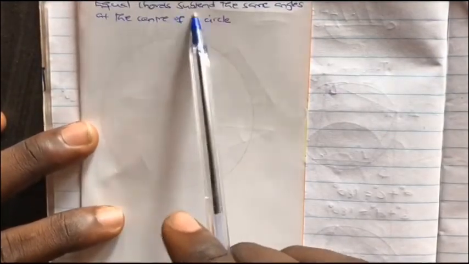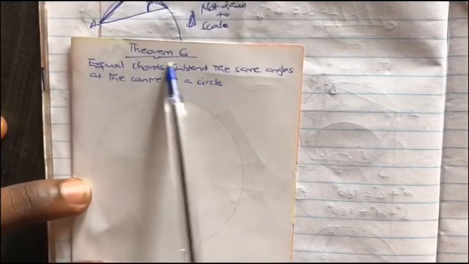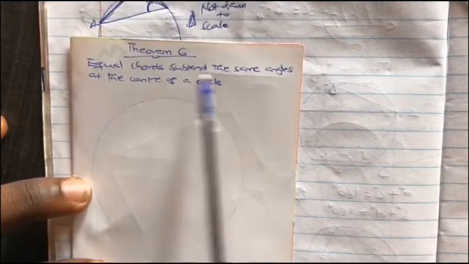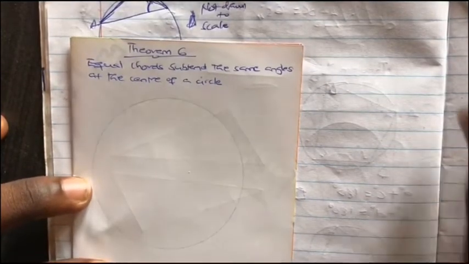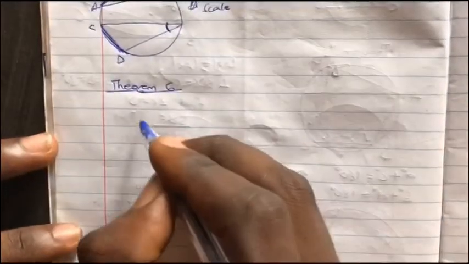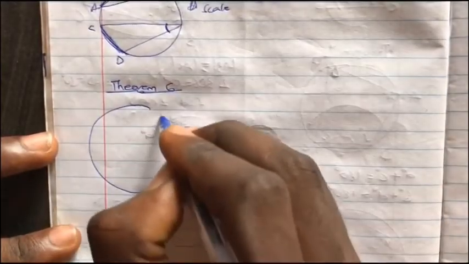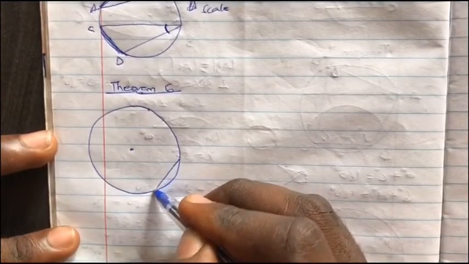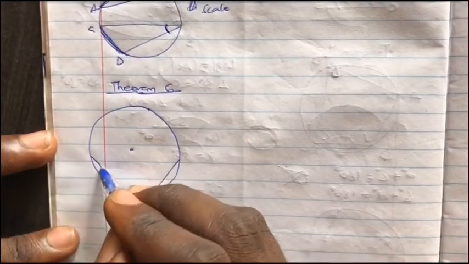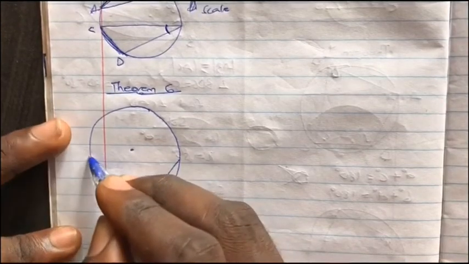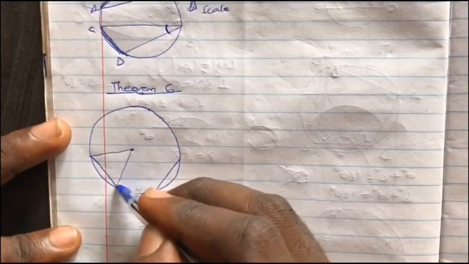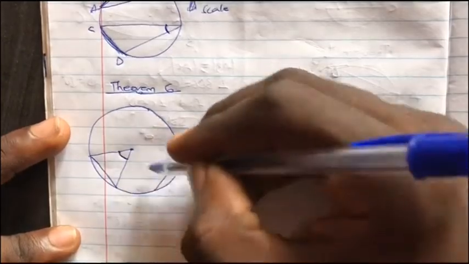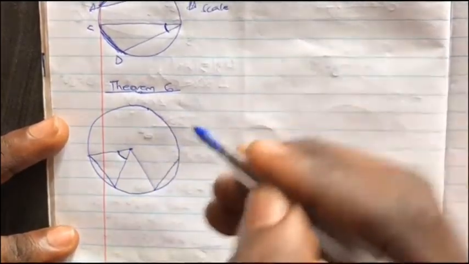Equal chords subtend the same angles at the center of a circle. So here too, we are concerned about equal chords, but here they are not subtending their angles at the circumference, but at the center. So you can have one chord here, and you can have another chord here. So you are saying that if they subtend an angle at the center, this angle here will be equal to the angle that this chord of the same length